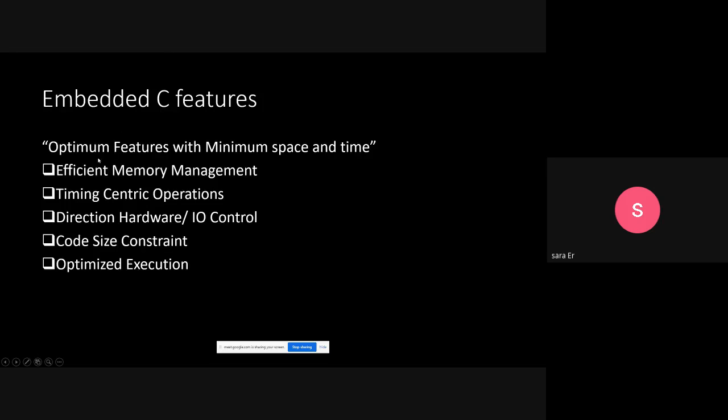Embedded C has optimum features that are very useful for hardware interaction. It has very different functions for efficient memory management that are very useful for timing operations, for code size constraint, and optimized execution.